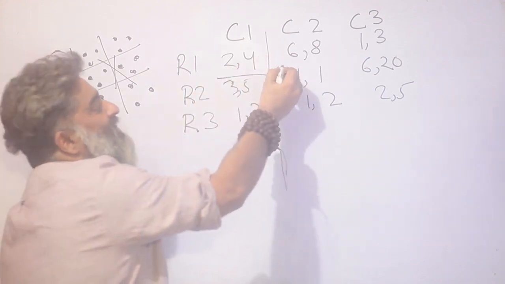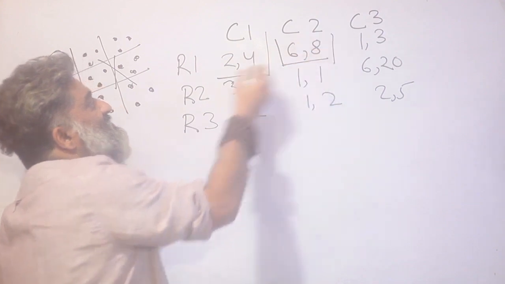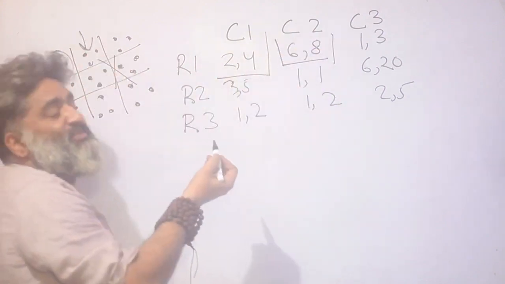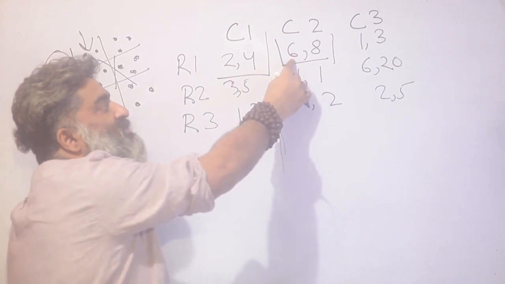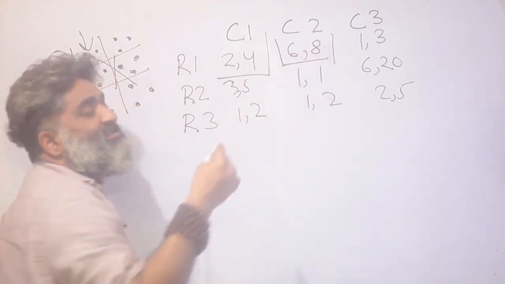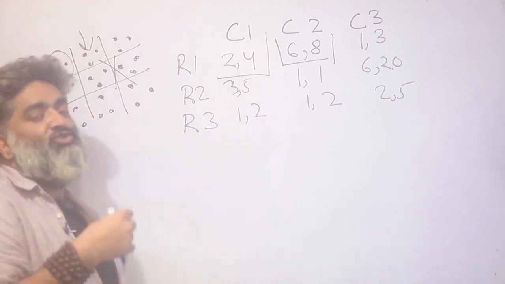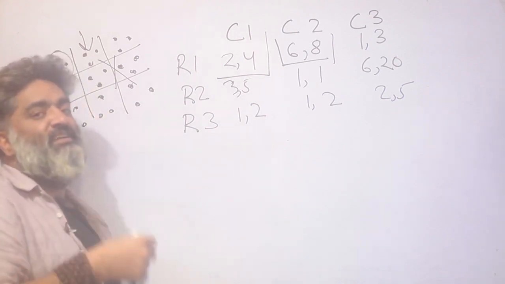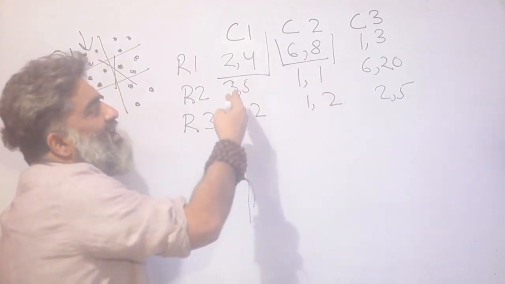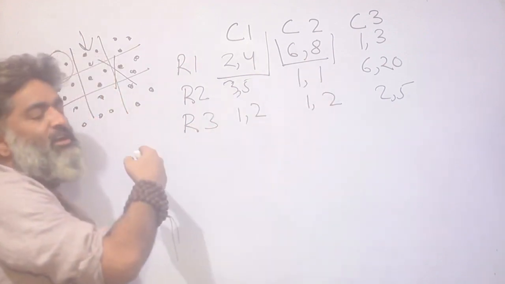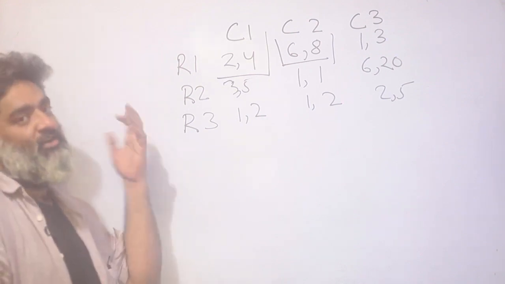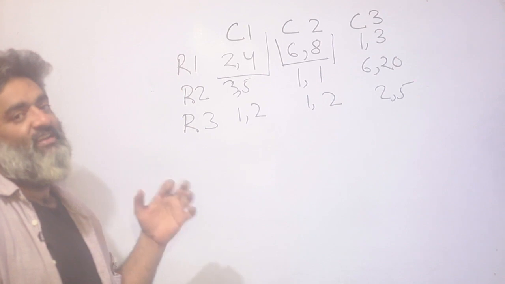For example, if I look at this box, this is row 1, column 2. All this tells me is that the pouch with the minimum number of coins has 6 coins. The pouch with the maximum number of coins has 8 coins. So the remaining pouch could be anything from 6 to 8. It could be 6 or 7 or 8. And I can run that same kind of story for any of the boxes or the slots in the grid. But that story is quite easy to understand so far. So notice I've got rid of that diagram. I don't need that at all.